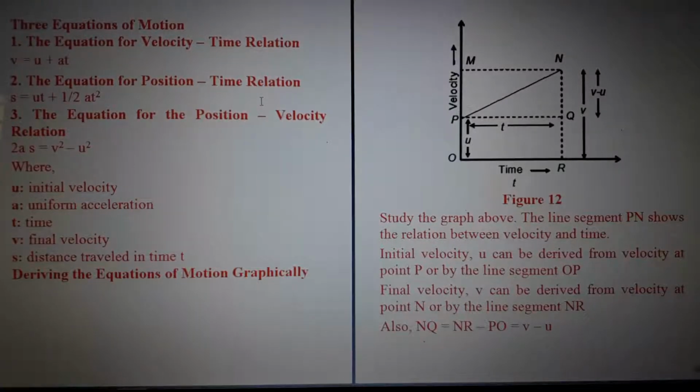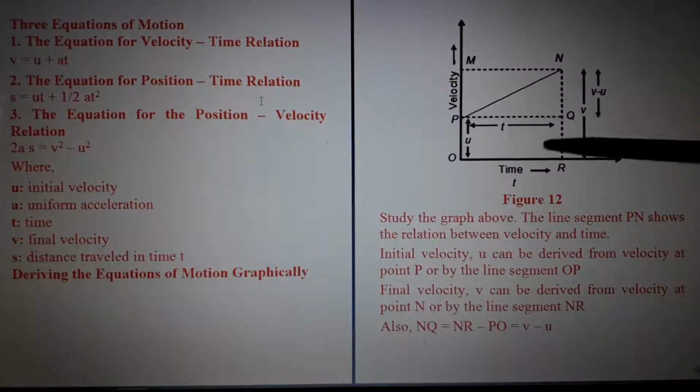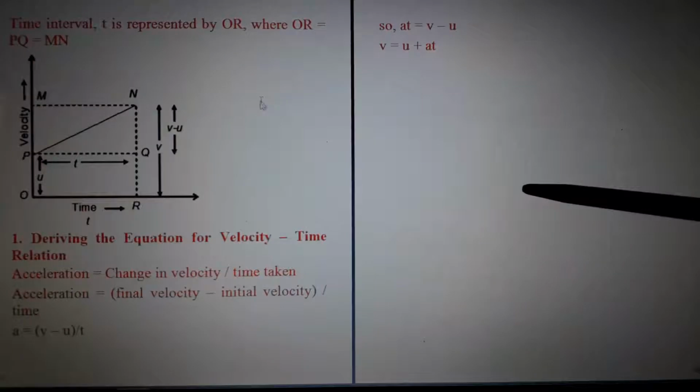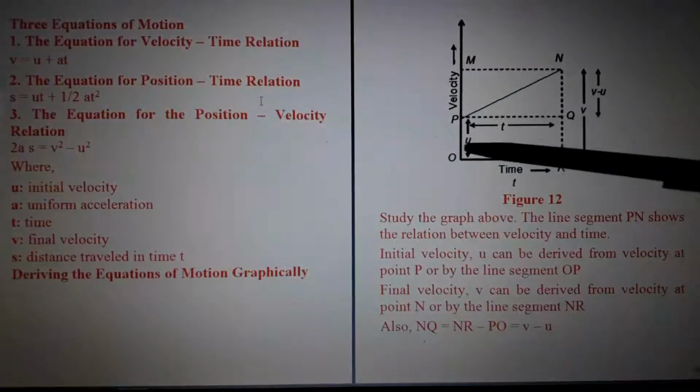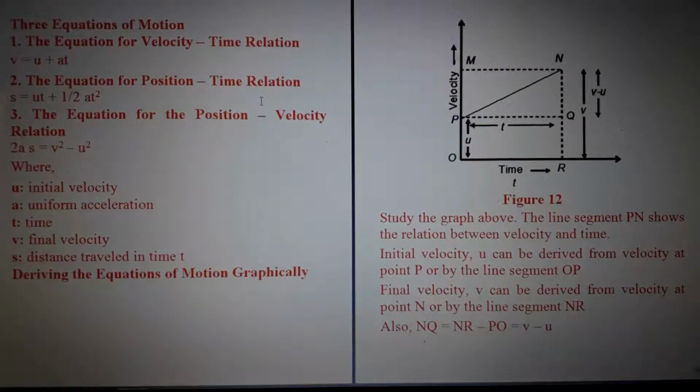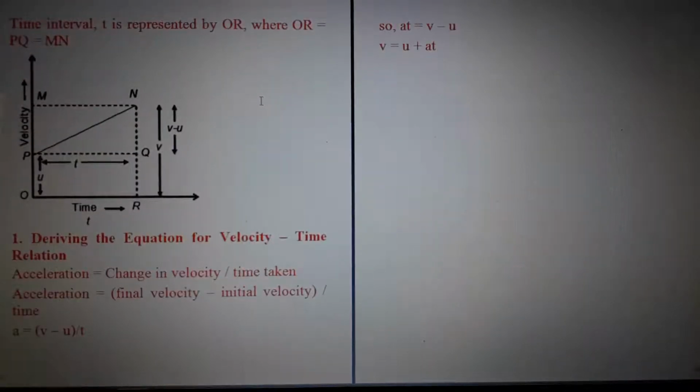First you must understand how to read the values of this graph. In the first case we are directly getting the value of time, initial velocity and final velocity. From that we can derive one simple equation, V minus U, final velocity minus initial velocity. So the first part is finished. Now the next part is more important. See how we are finding the equation from that.